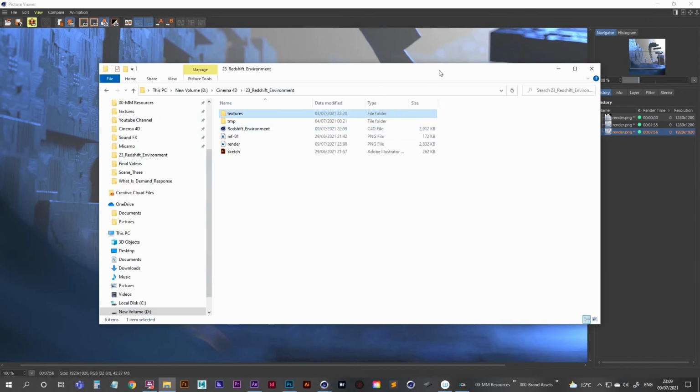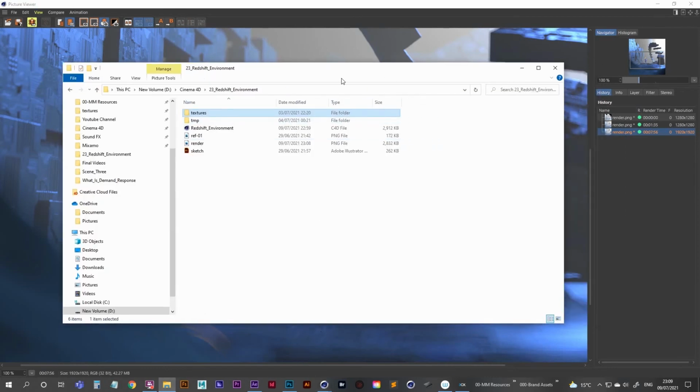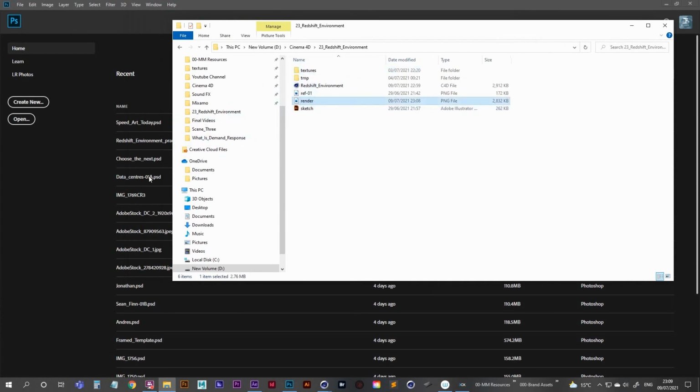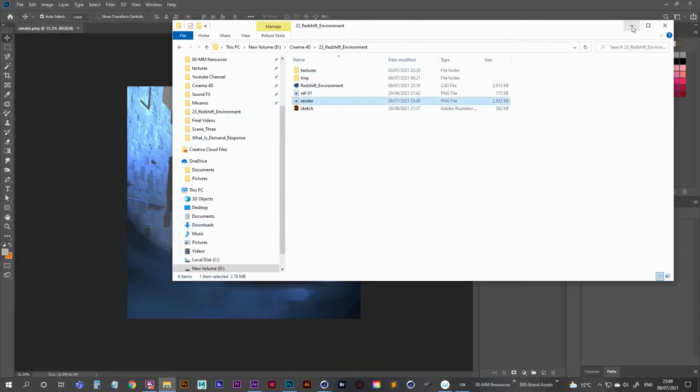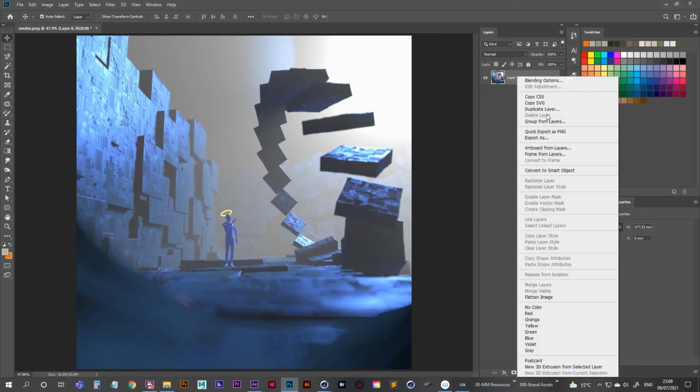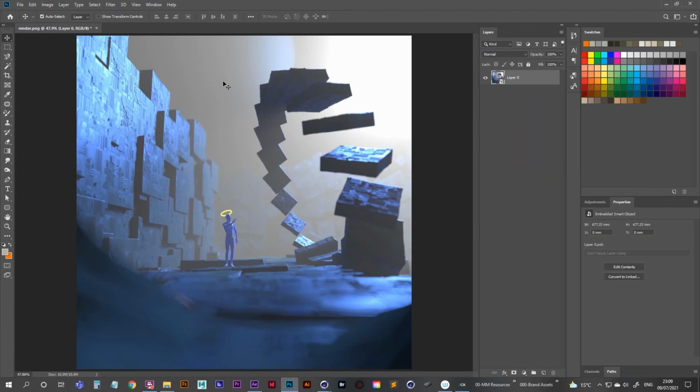So let's just go to find this in the File Explorer, just like that, and we can open this up in Photoshop. So I'm going to open up Photoshop and drag in the render that we just did. Now I'm by no means a Photoshop expert or anything like that, but a few of the settings here we can make this look a little bit better. So I'm just unlocking the layer, and we're going to go and we'll change this to a smart object. And then, do you know what, we don't even need to do that, just go to adjustments and let's go for